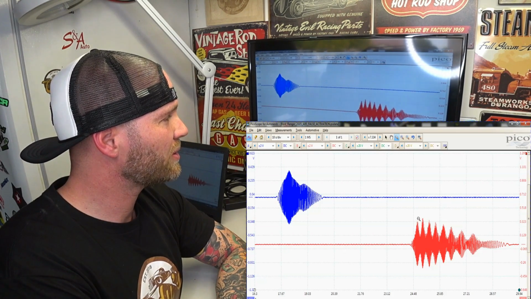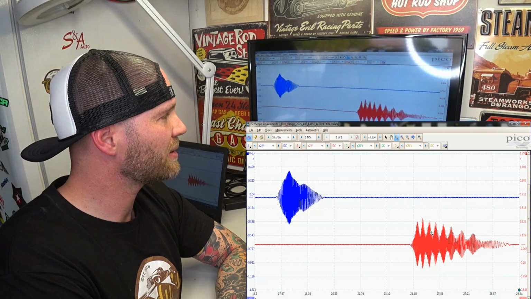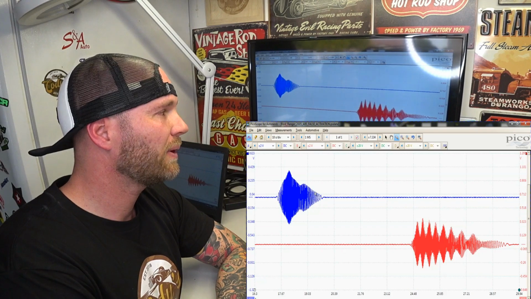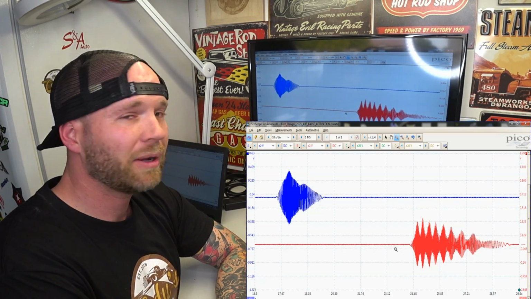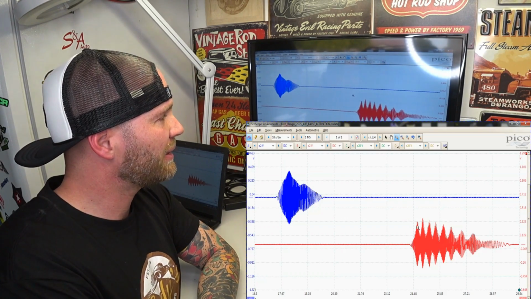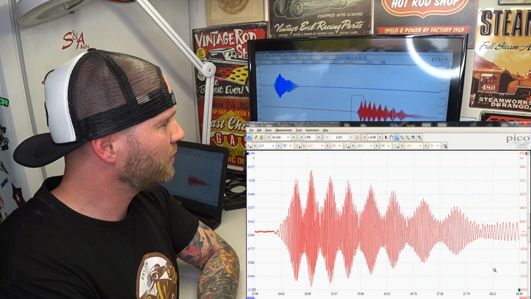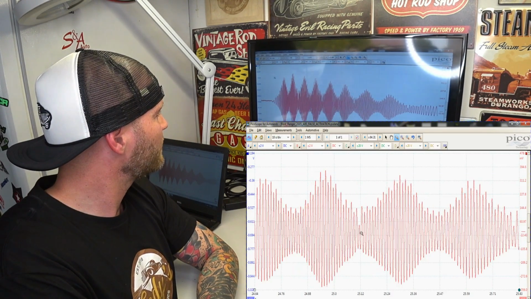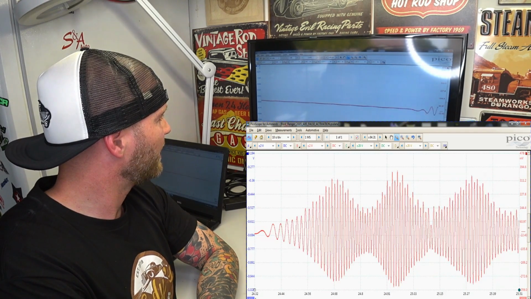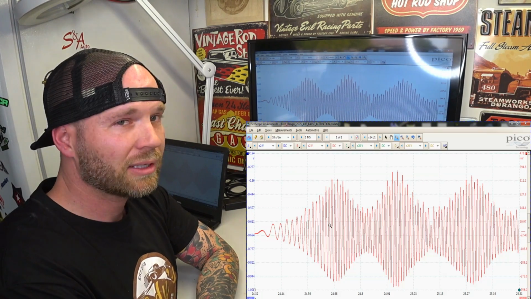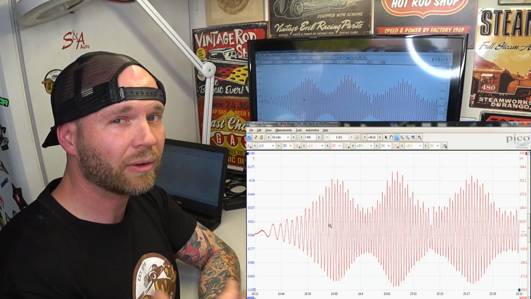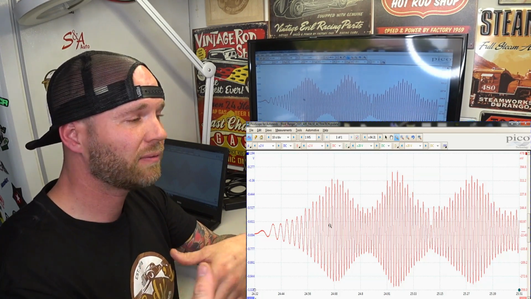My question is, what will cause these up and downs like this? Is that a sensor issue? Well, no, it's not a sensor, and I'm going to tell you why. If you look at it, this sensor looks good. It is reading, it's doing its job. It is reading what it is seeing from